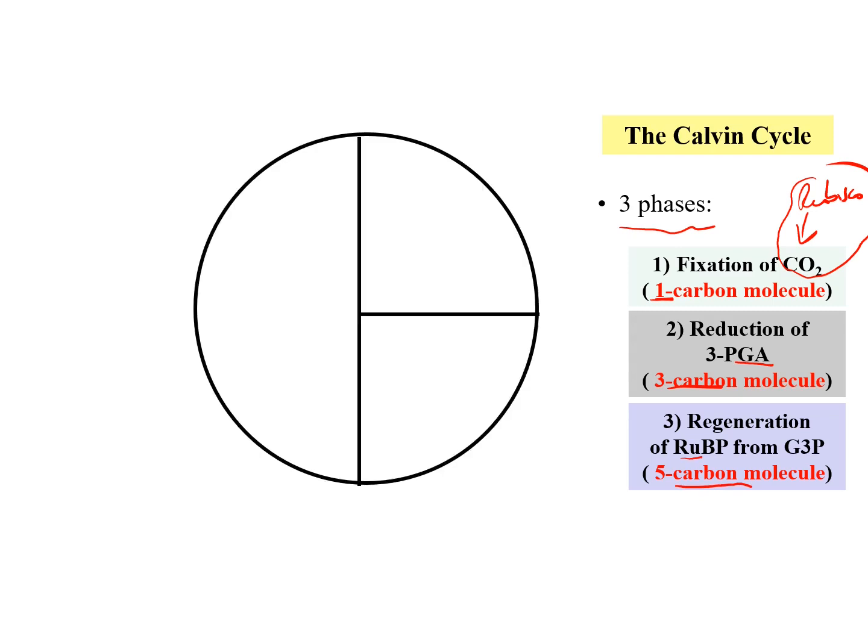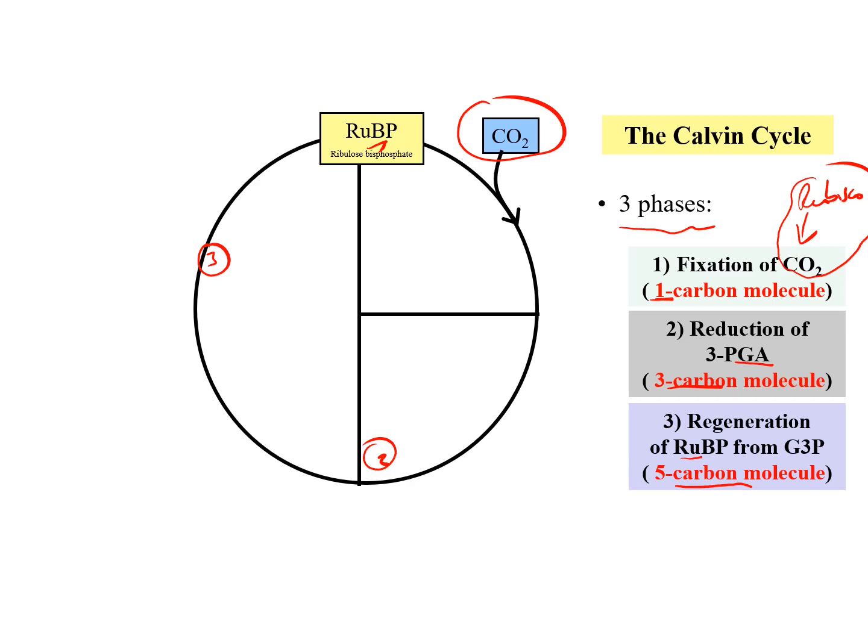Here you have 1, 2, and here 3 phases. In the first phase, as we said, there will be CO2, then it will interact with the rubisco. This one has 5 carbons, this will have 1 carbon, and as a result of that you get this molecule that has 3 carbons. So you will get, for example, 2 molecules of 3 carbons, and then